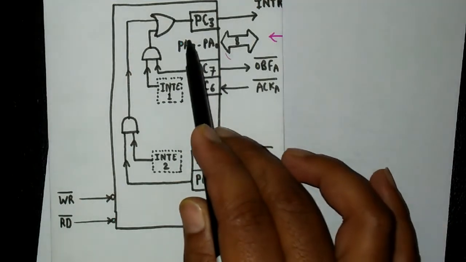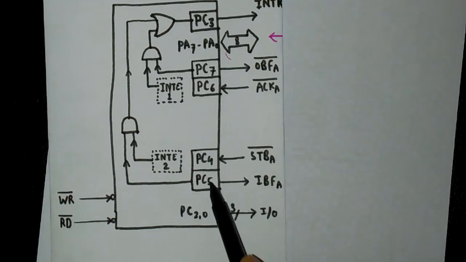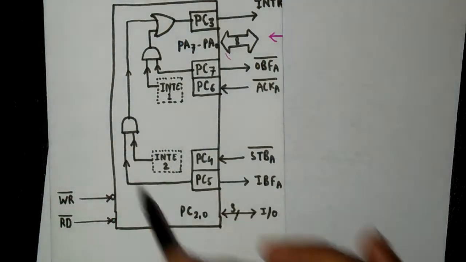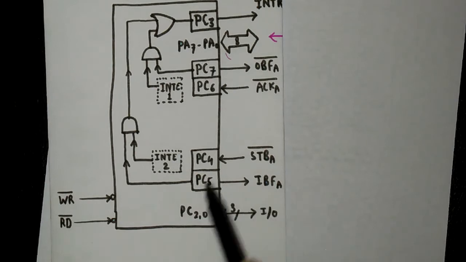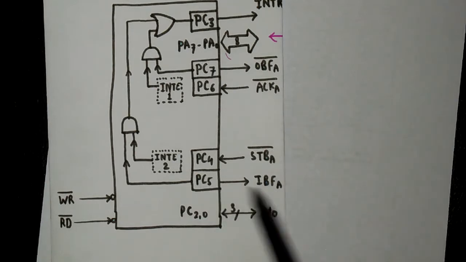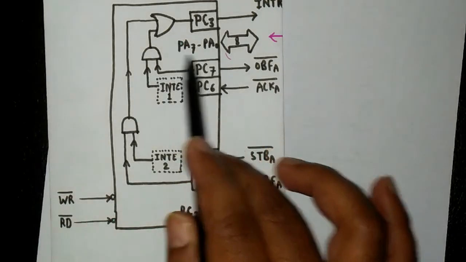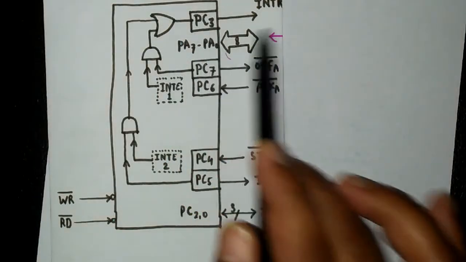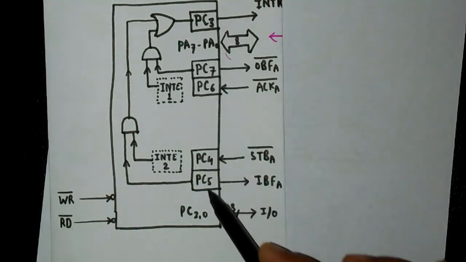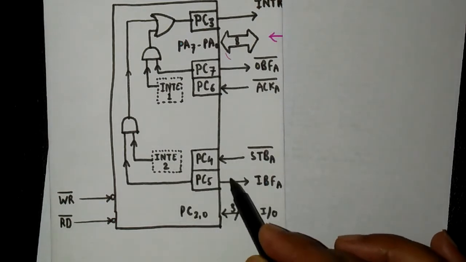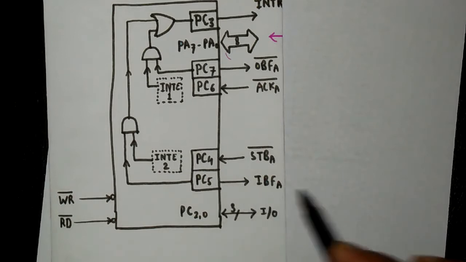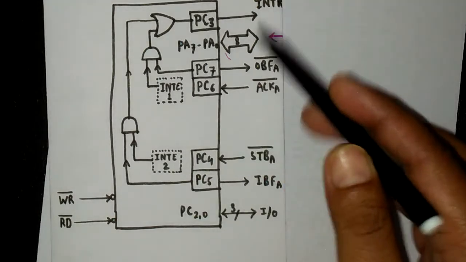And as the data will be inside the 8255, in order to acknowledge the peripheral device, the 8255 will send a high signal, 1, on the PC5 pin, and that will work as IBF, input buffer full. It will inform the peripheral device that yes, my input port, that means my input latch, has got the data sent by you, and do not send the next data. Okay, and this will be informed by the 8255 to the peripheral device by putting a high logic on the PC5 pin, that is the input buffer full pin. So this was the role of these pins.